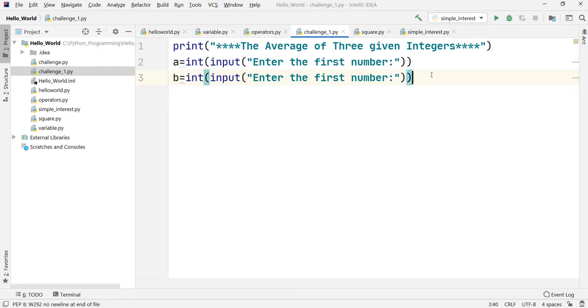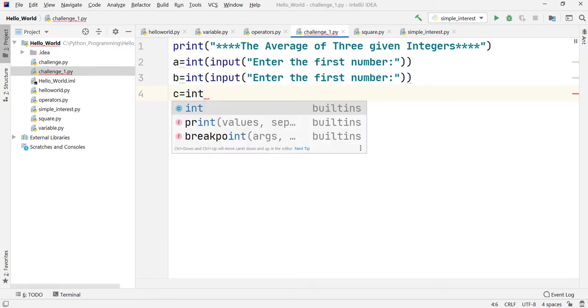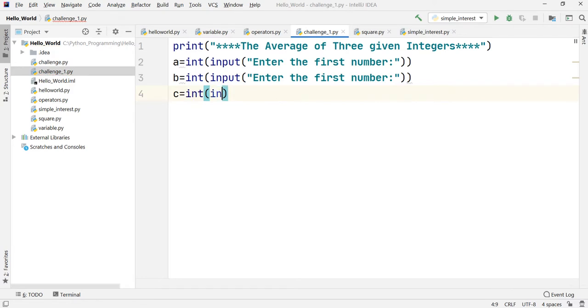This is the second input that we wanted, and let us take again the third input. For the third input we will write int, again input, again in the parenthesis we will ask to enter the first number, and again there will be a colon.